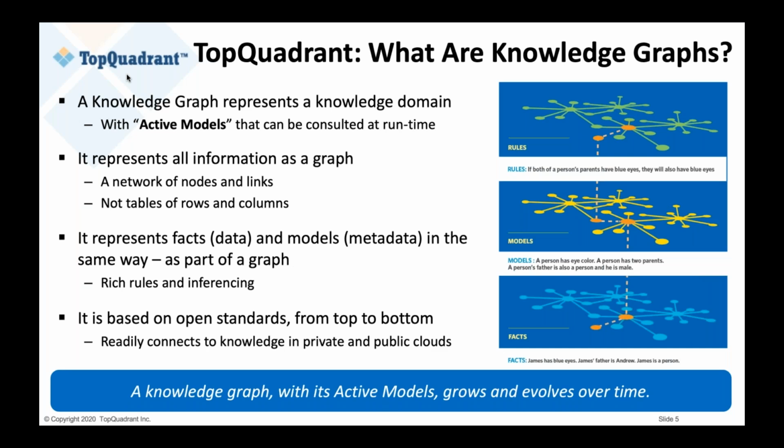And finally, the knowledge graph should be able to expand and evolve over time, again, because you discover new information, you want to add to it, your knowledge grows, and the ability to easily evolve the graph is very important